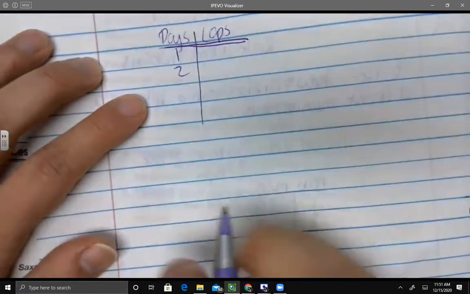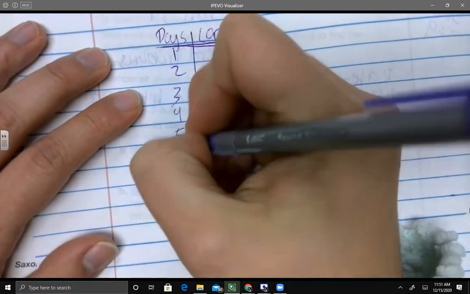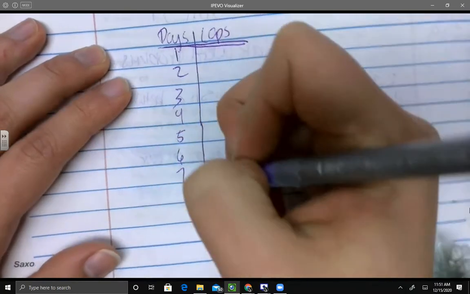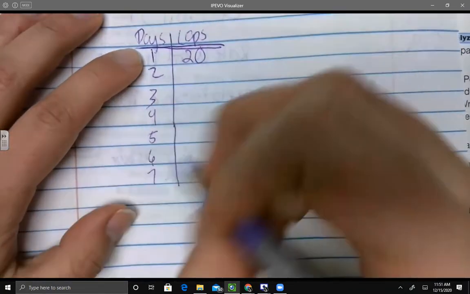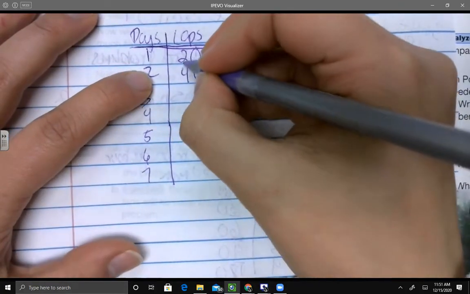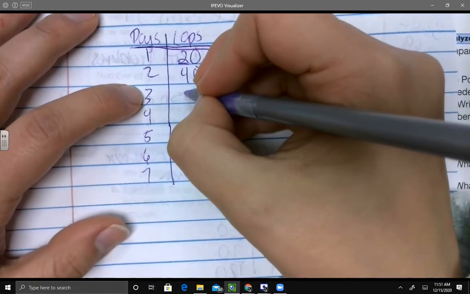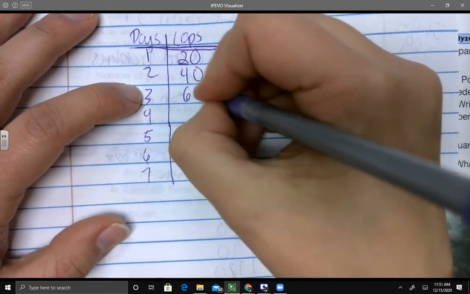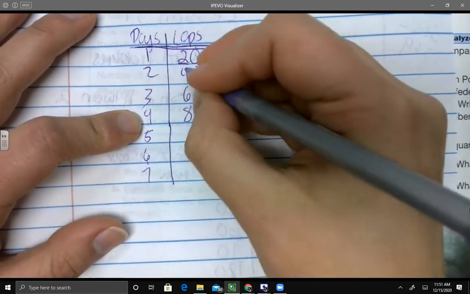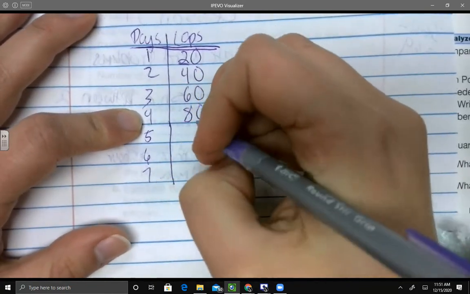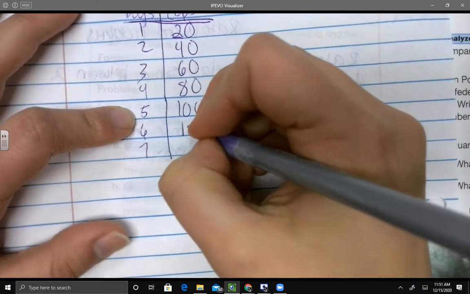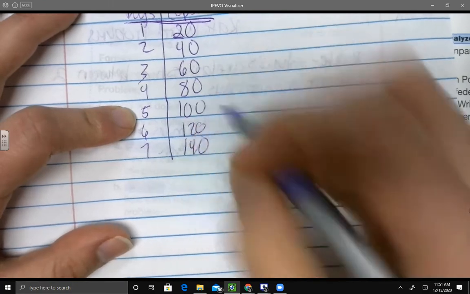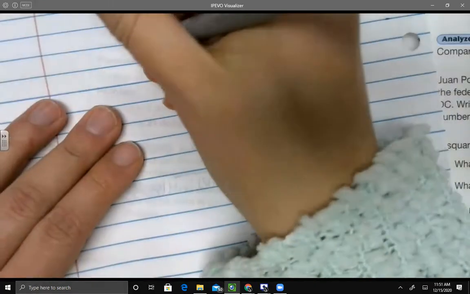So I'm going to go ahead and label my days 1 through 7. Because I know there are 7 days in a week. And I know one day he did 20 laps. So the next day we're going to do 20 more. So this is our multiples of 2. Then we're going to do 20 more. And then 20 more. So 2, 4, 6, 8. And then it would be 10, 100. And then he does 20 more. Okay, so in 7 days,